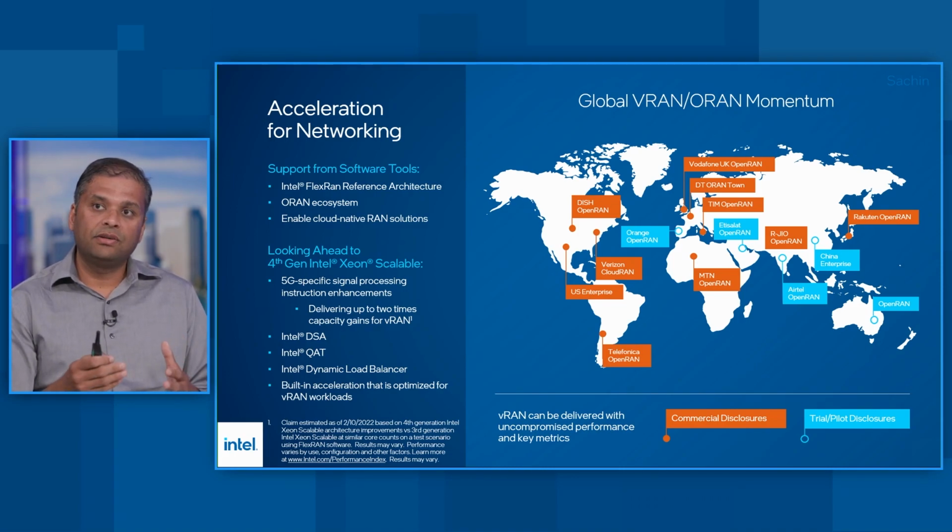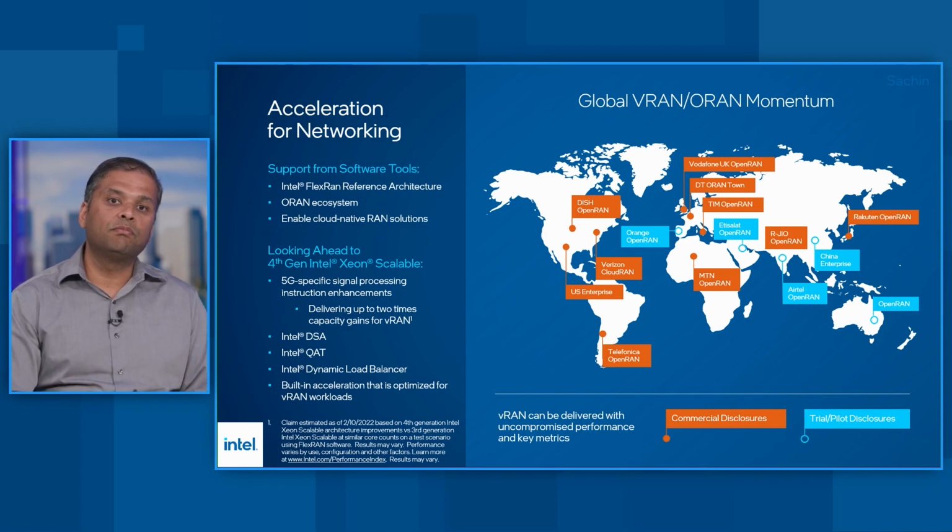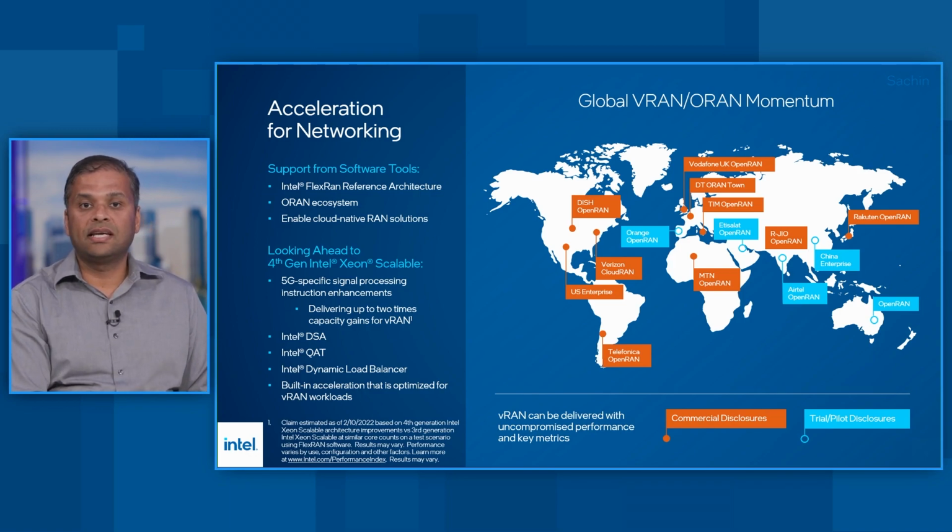This slide, as you can see, is showing the proliferation of such software-defined networking architectures around the world. And this is specifically focused on the vRAN part. If you now are looking at a commercially deployed vRAN, if an operator is talking about a commercially deployed vRAN, it's running on Intel. There is no other choice today for anyone to be able to scalably run this demanding application. And this has been the great work that Intel has been doing for the last 10 years in showing